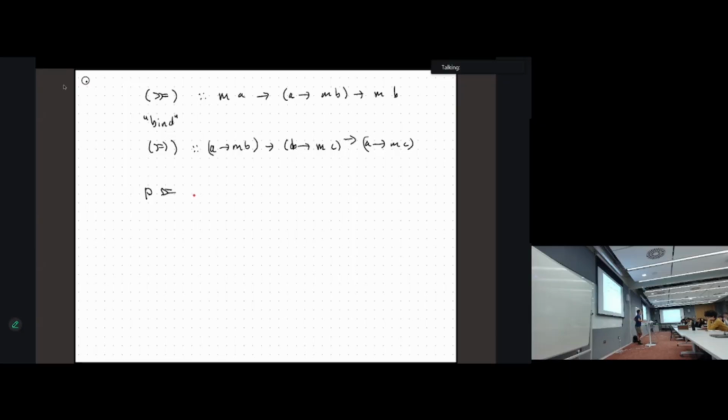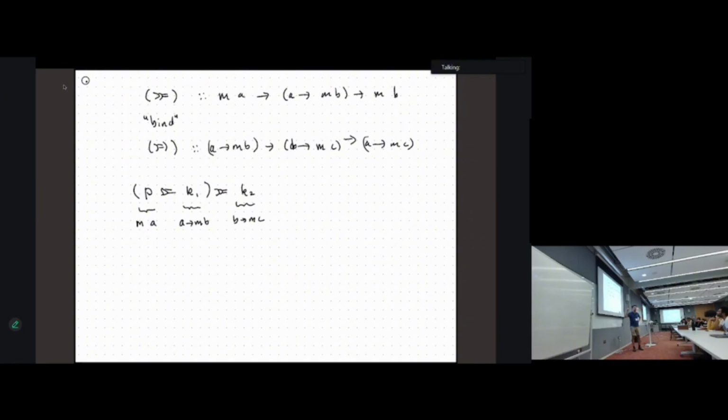So suppose you start off with some pure program P. The type of this is going to be MA, so it's got some monadic context with value A in it. And then we're going to bind it with some K, 1. So this would have, let's say, A to MB as its type. And then, I think this is why people like it, because you can do this. I still don't get it, because you can do it the other way. Anyway, I'm now muttering. B to MC, and then you can imagine having more and more Ks off to the right. And what we hope is that